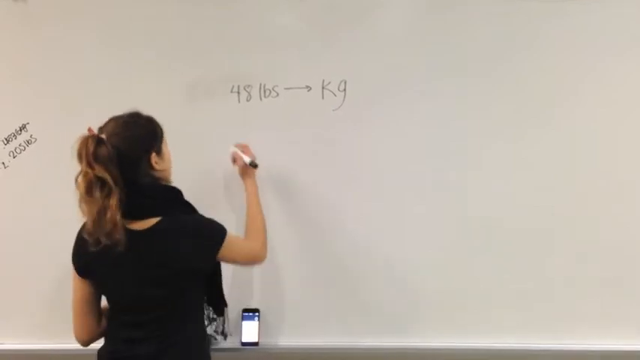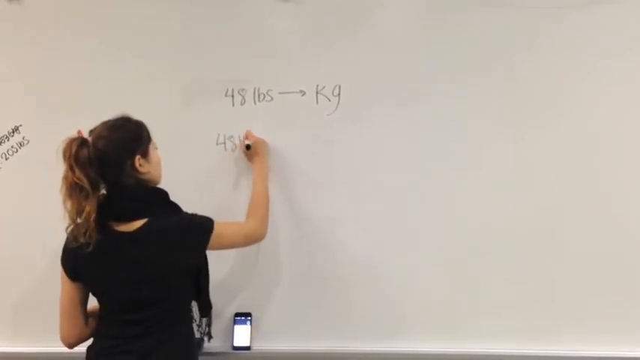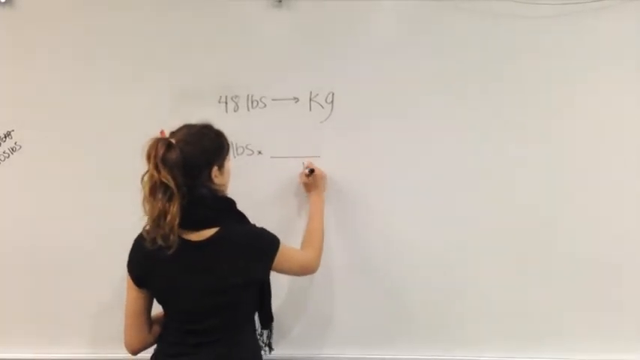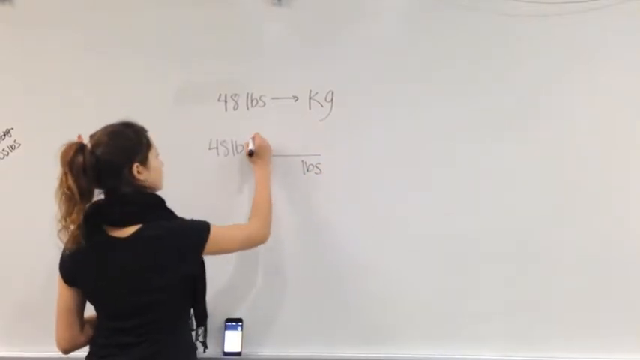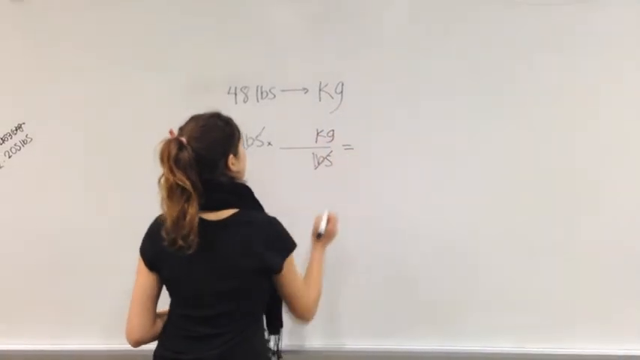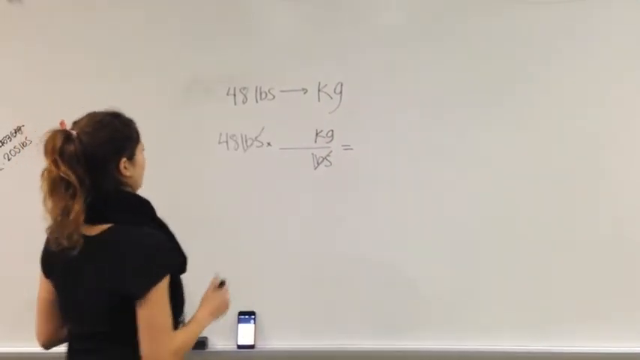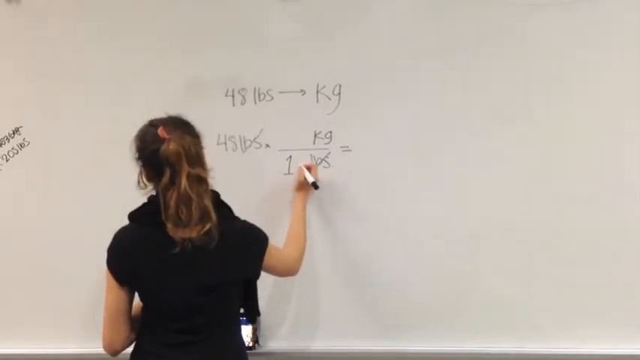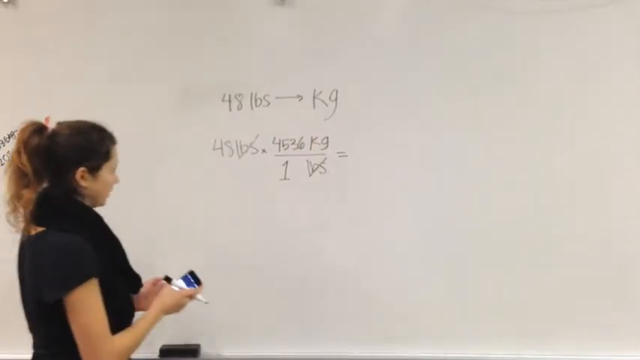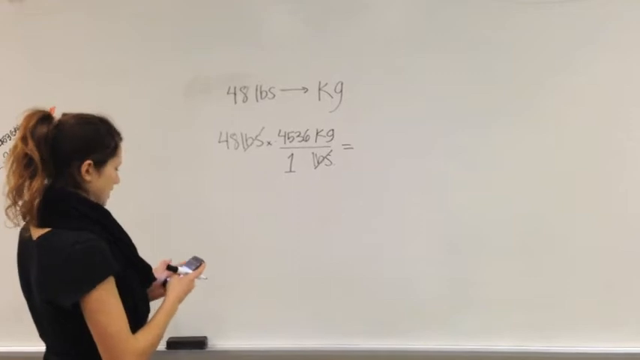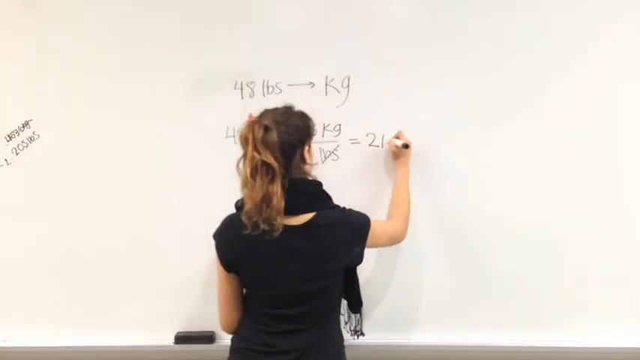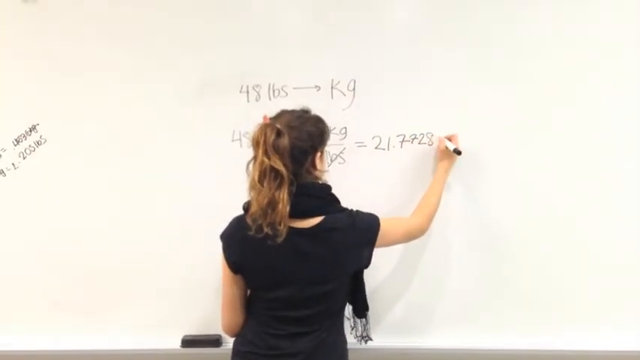If I know that I have 48 pounds, I'm going to set up my equation so that pounds is on the bottom again, just as Julia showed us before, so that these can cancel out. And I know that I'm going to kilograms, so I'm going to write that up top. And now I know that in 1 pound, there are 0.4536 kilograms, because kilograms are bigger than pounds. So then I'm going to go ahead and multiply 48 by 0.4536, and I'm going to get 21.7728,